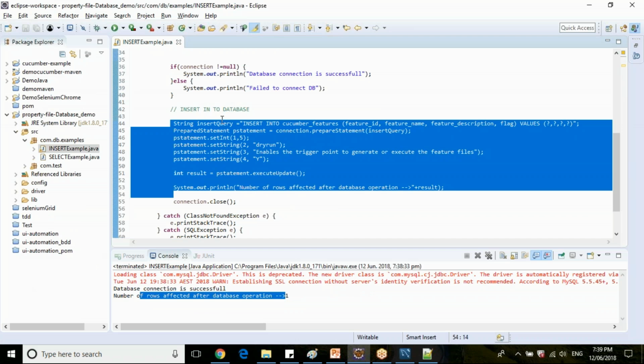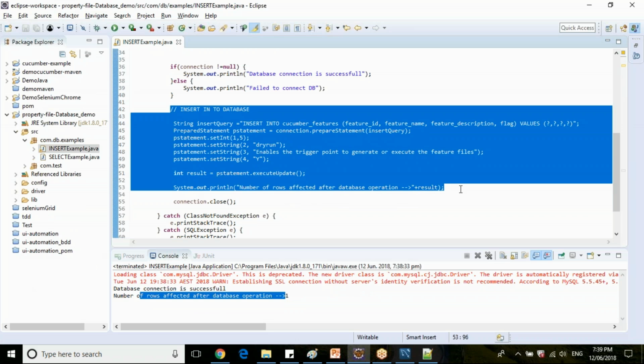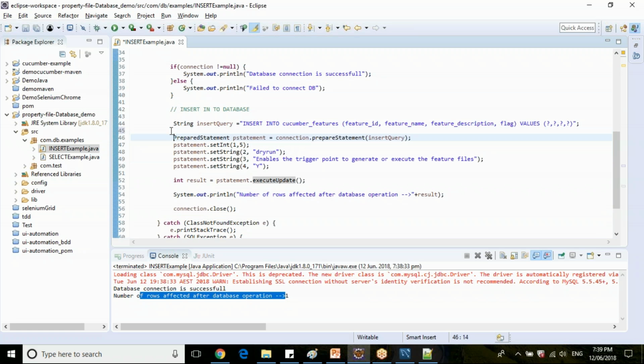So any queries on inserting into the database, guys? Do you want me to repeat this insert? Okay. So any queries in insert?